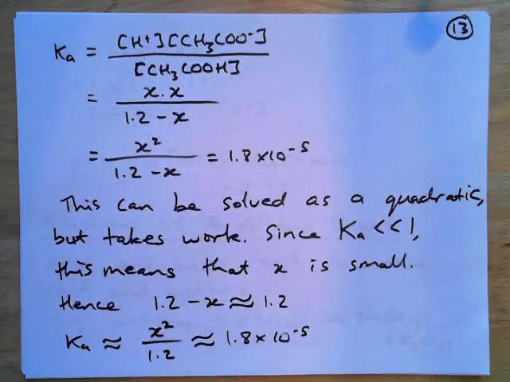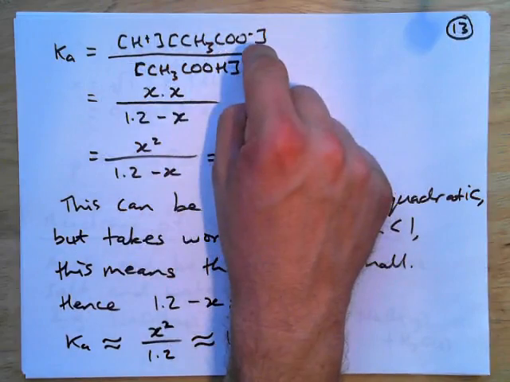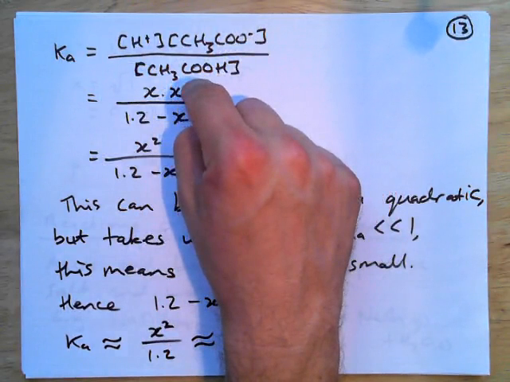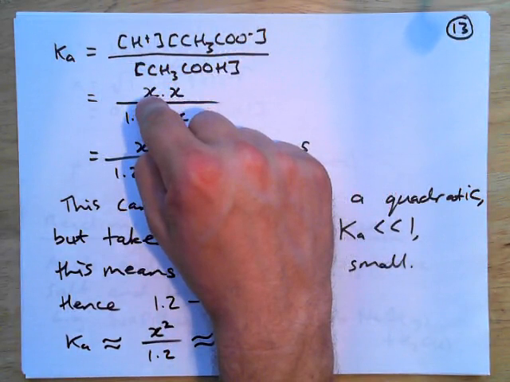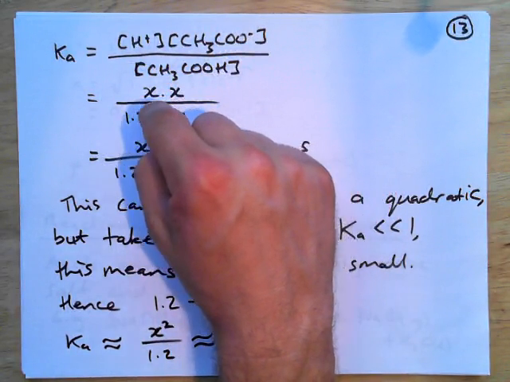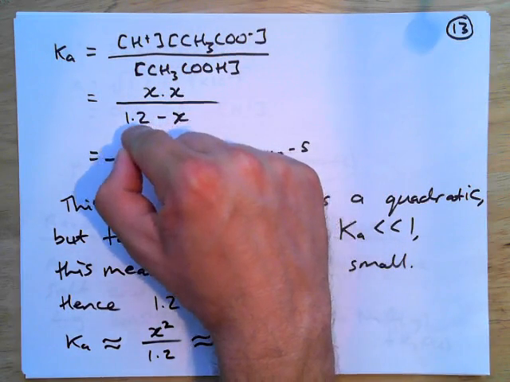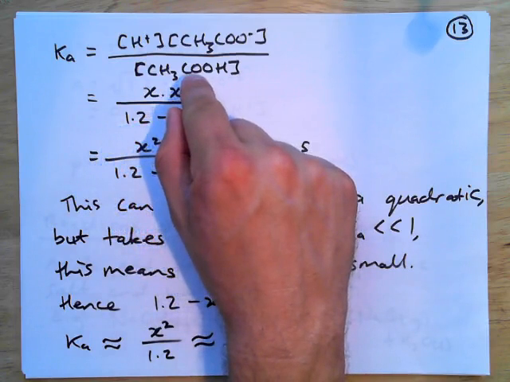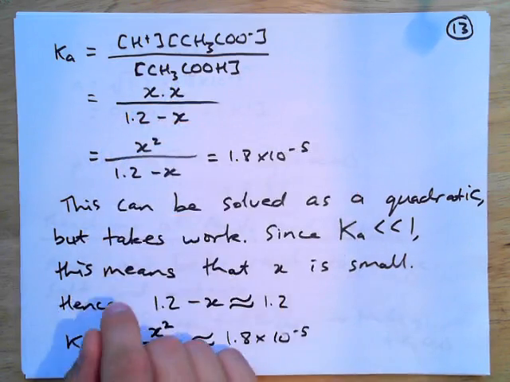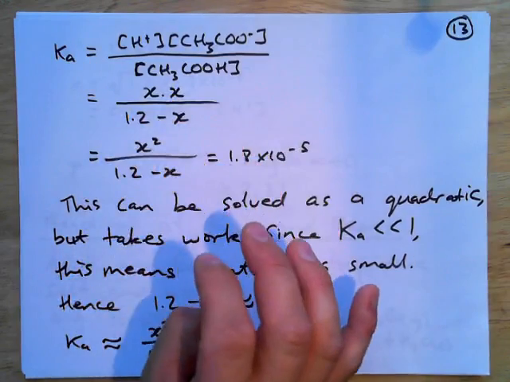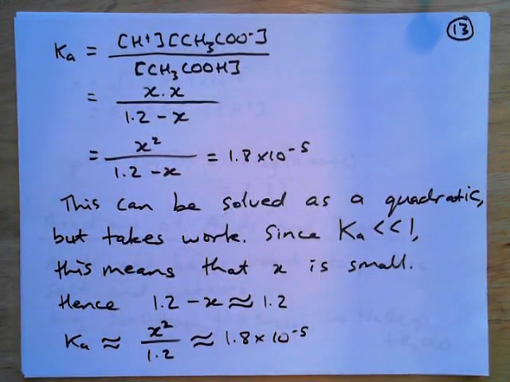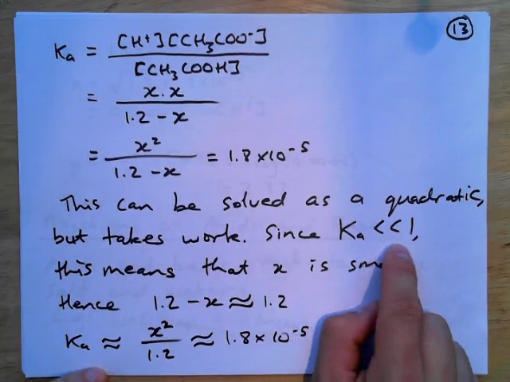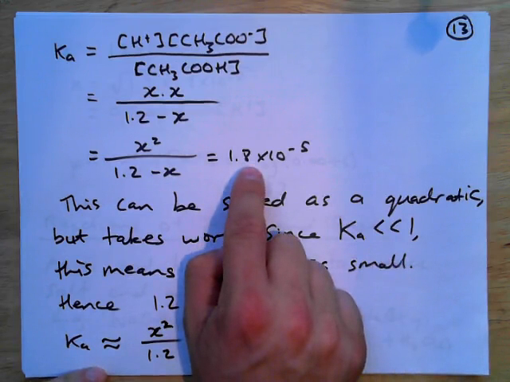Then we do our equilibrium expression. So we have H plus times the acetate concentration divided by the acetic acid concentration. And as we saw from the previous table, there's X amount of H plus, X amount of acetate. And then in the denominator we have our 1.2 minus X, because that's the equilibrium condition for the acetic acid. So from here we have X squared divided by 1.2 minus X, and that equals our equilibrium constant. This can be solved as a quadratic, but it takes a lot of work, and what we can do is make an assumption. Since Ka is a lot less than 1, this number is really